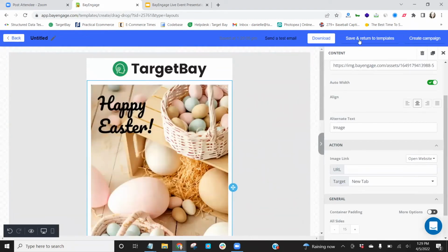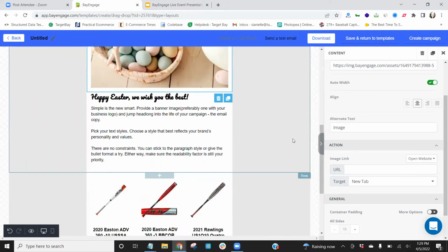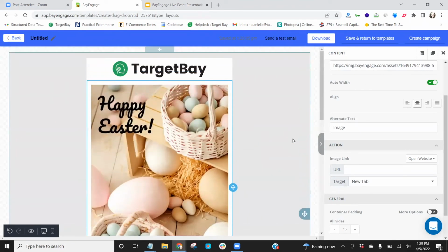So you can save and return to templates, or you can go ahead and create a campaign directly from here. But that is how you would create an email directly from the drag and drop. And if we come back here,